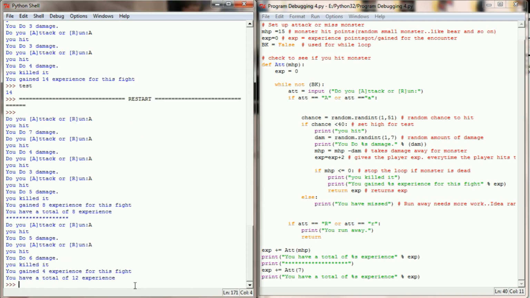and in the next fight I've got a monster that has 7 total hit points. I'm going to attack him. I managed to do 2 hits. That got me 4 experience. That 4 was added to the 8 that I had received earlier, and I have a total of 12 experience